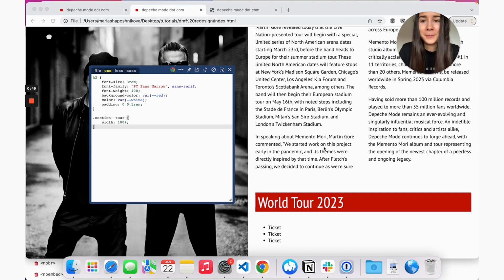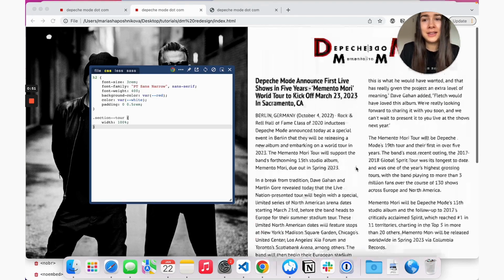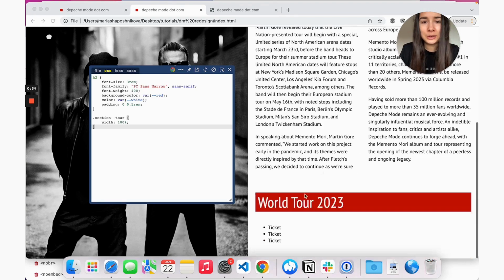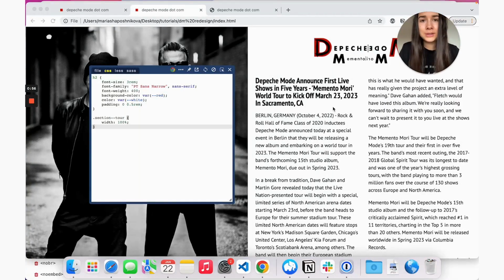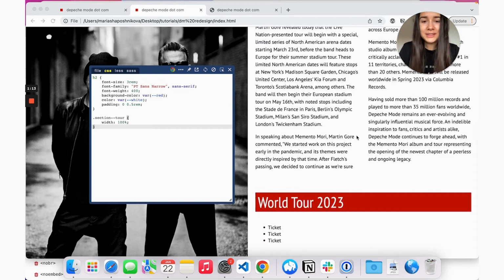Anyway, and the second thing is, why are we using H2 tag here and not H1? So a website should only have one H1 tag. It's the main description of the website, the main purpose, and then everything else has to be H2 and then H3. Okay, so now that we have that settled, we are going to move on and do our unordered